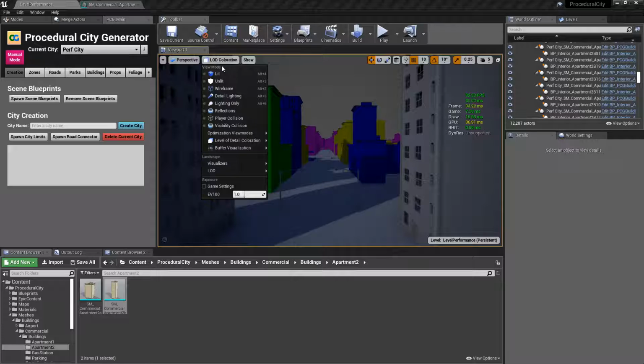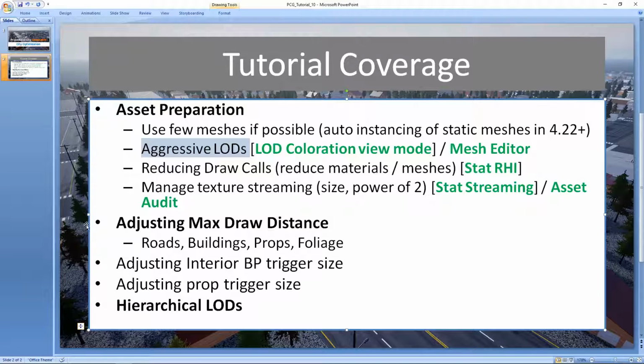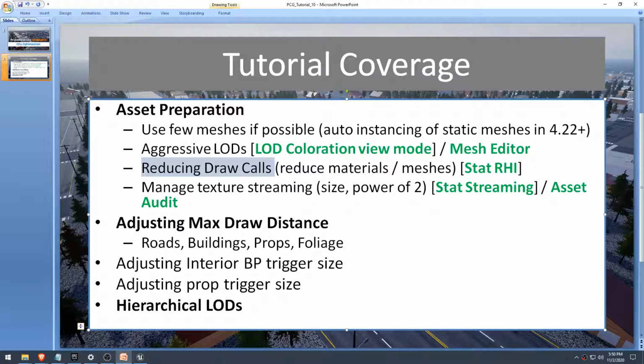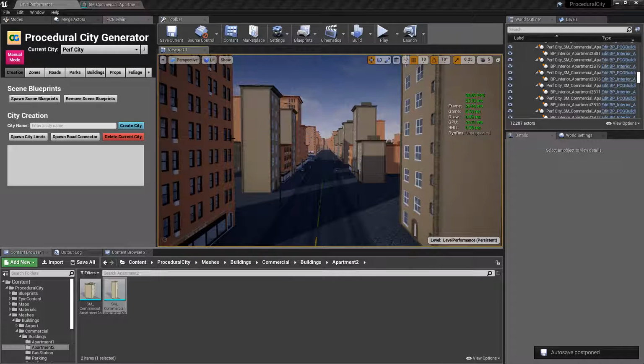All right, let's go back to the slide here. So that's definitely one thing. Another thing is reducing draw calls. And two things are going to affect the draw calls: the number of materials per mesh and the number of meshes themselves. So right now, if I go back to Unreal and I open my little apartment here